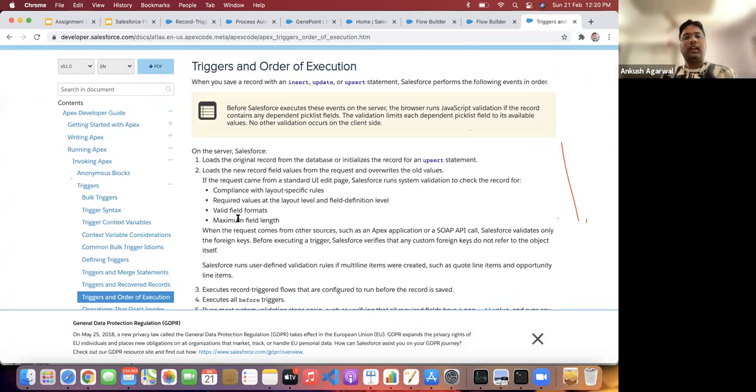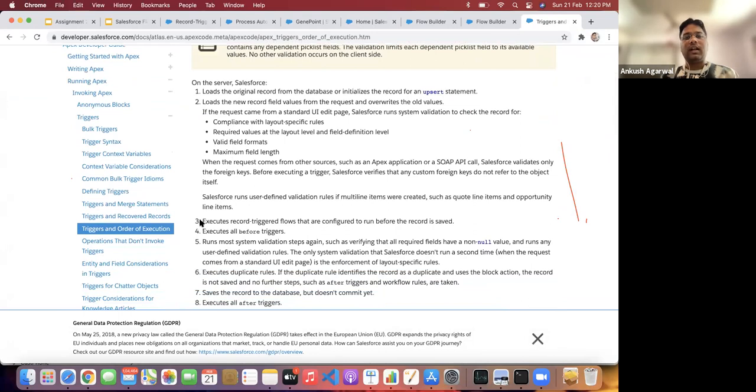First of all, for example, at point number 3, execute record trigger flows that are configured to run before the record is saved. Whenever you use this before the record is saved, this will be executed at the very beginning, just before your validations are performed. So if there is any custom validation rule, it will fail in the flows itself.